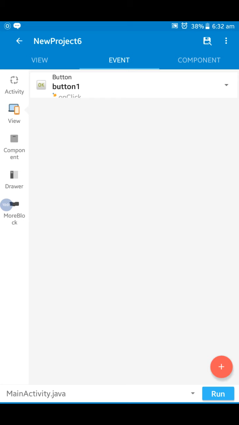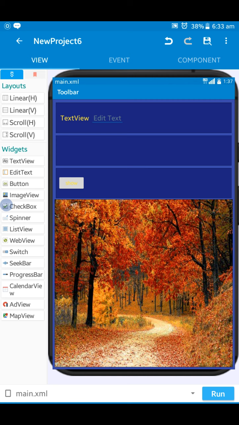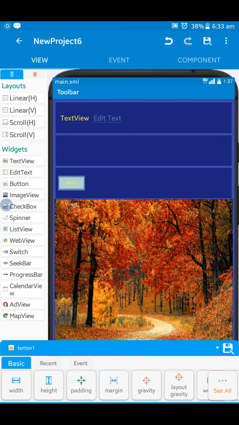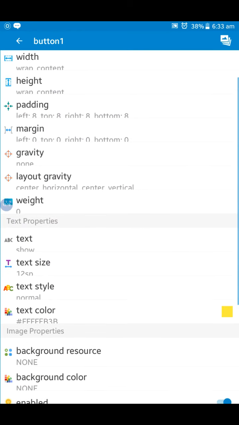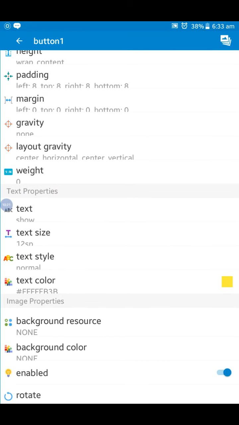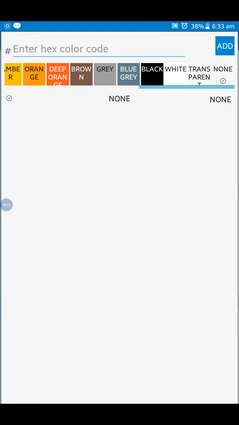We will run it. Now the logical part is completed. Now we go into the view part, and here we need to assign the background for the show button. The background color will be red.